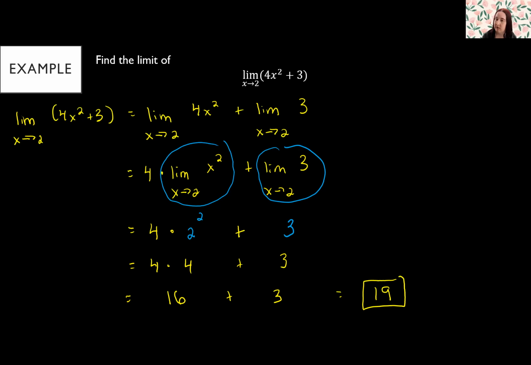And this is the same thing you get if you, at the very beginning, instead of going through these steps, splitting it up, doing the x squared, pulling out the constant, plugged 2 in for x right away. You get 19 if you plug it into the 4x squared plus 3. So that's why we have this property about